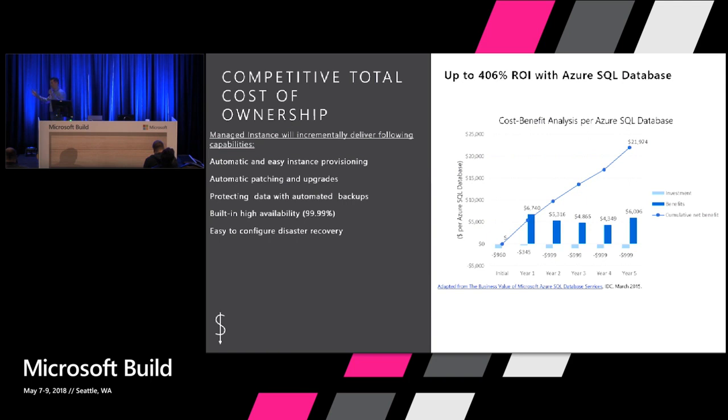Same way across the region. So built-in high availability gives you high availability within the region. Across the region, you can have a disaster recovery solution based on the active geo-replication that we have. And for you, it's just a matter of a few clicks or a couple of API calls from PowerShell. You have your primary managed instance sitting in one region. You create a managed instance in another region. With a few clicks, you establish the replication link, and that's all, right?